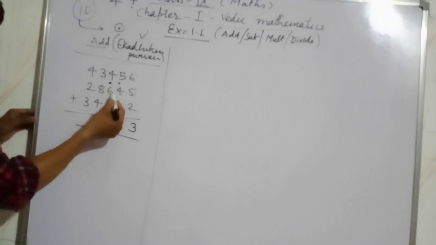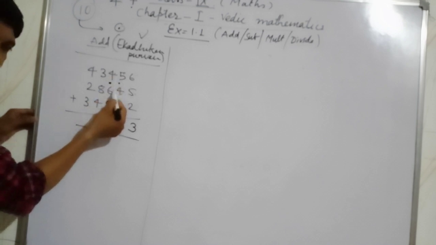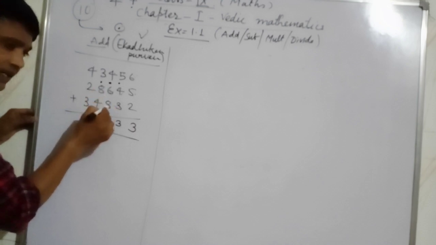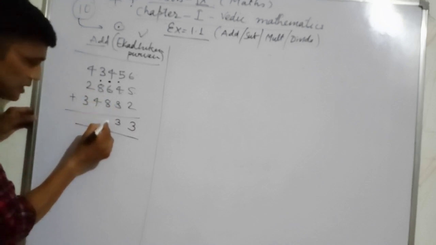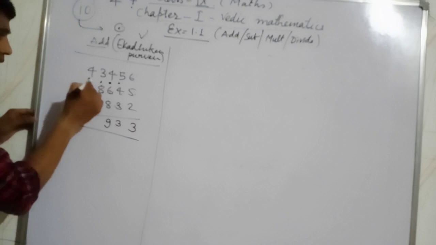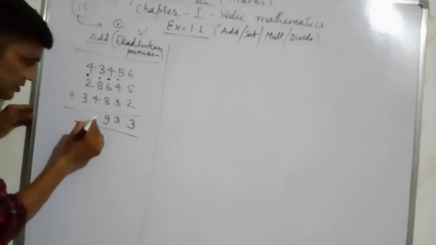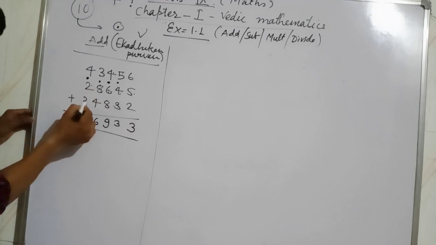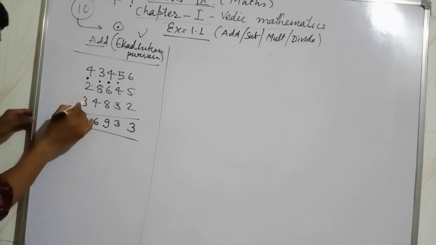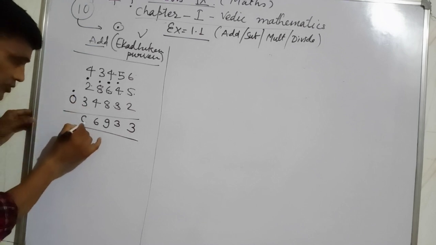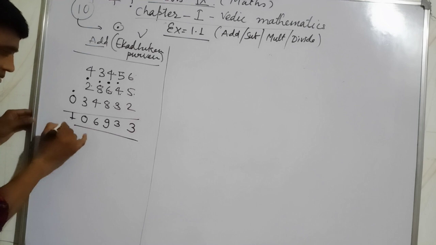0 plus 3 is equal to 3. 4 plus 7, this is not 6 now, this is 7. 4 plus 7, 11, 10 is here, 1 remaining. 1 plus 8 is 9, 10 is not completed, so you have to write 9. 3 plus 9, 12, 10 here, 2 remaining, 2 plus 4 is equal to 6. Now see, 4 plus 3, 7, 7 and 3, 10. Don't write 10 here, you have to write 0 here, put a dot here and 0 remaining. This is 1, it becomes 1.